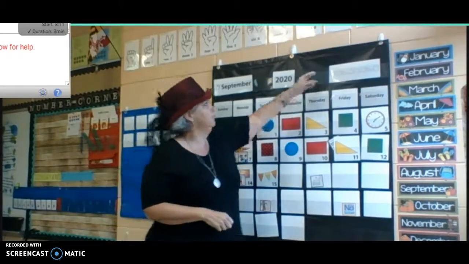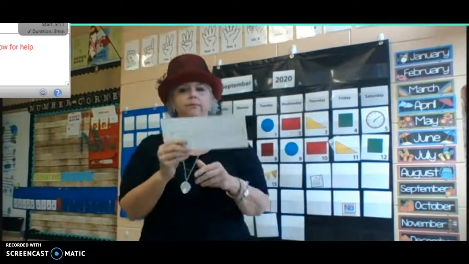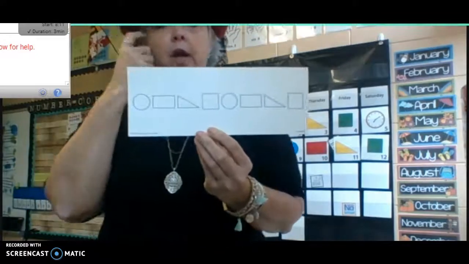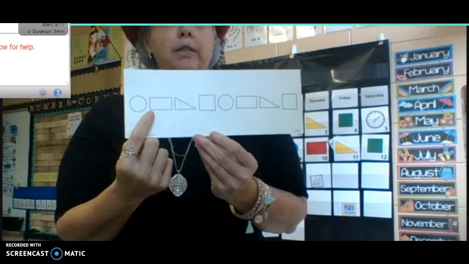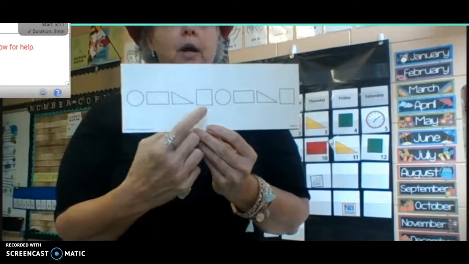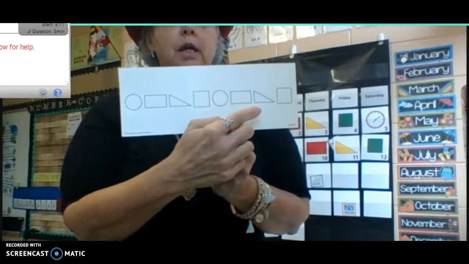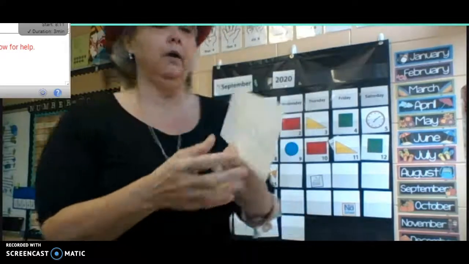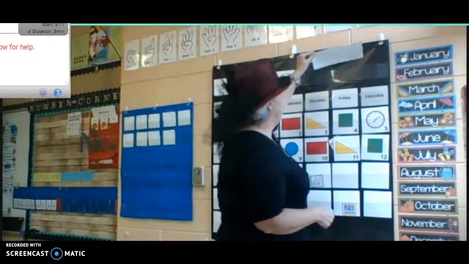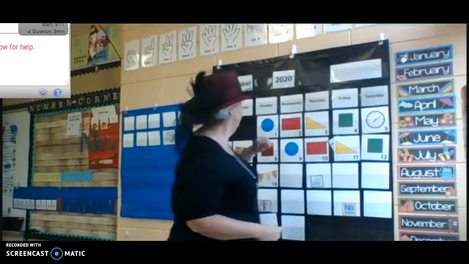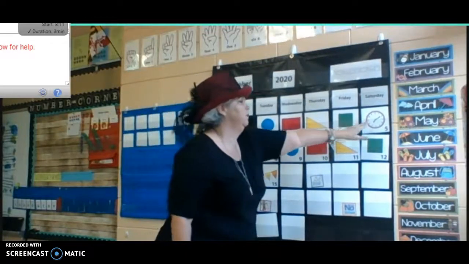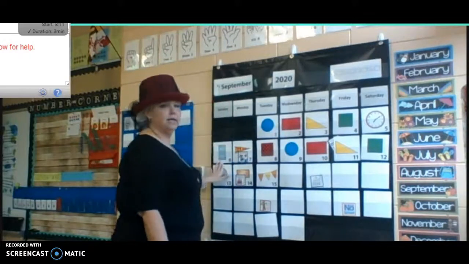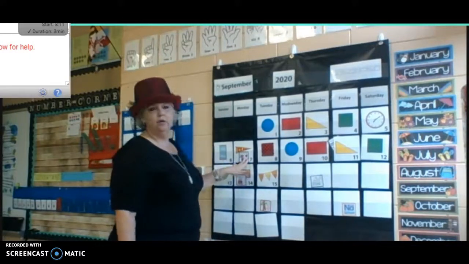Okay, we're going to review our pattern for the month. And if you look right here, you'll see we have circle, say it with me, rectangle, triangle, square, circle, rectangle, triangle, square. And if we look back here, we will see circle, rectangle, triangle, square, circle, our clock, rectangle, the window, triangle, the flag,